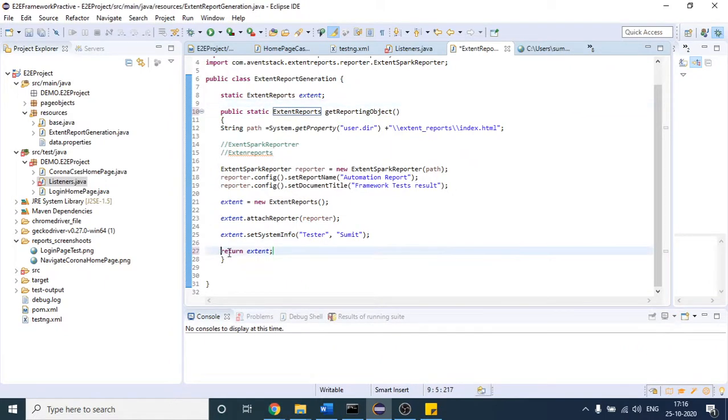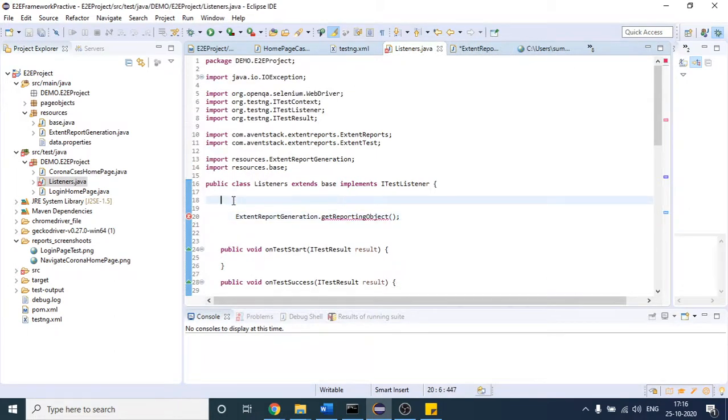Once this object is returned, I will create one variable of this type, because the return type is extent report. So I will create one extent report here, and let me give extent the name again. You can give any name. Once we call this method, I will catch that extent object here in this variable. Error gone, save it.